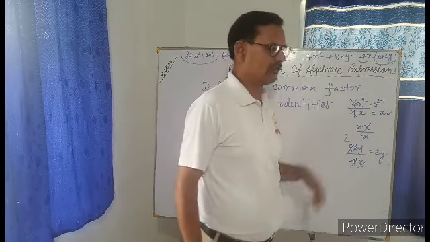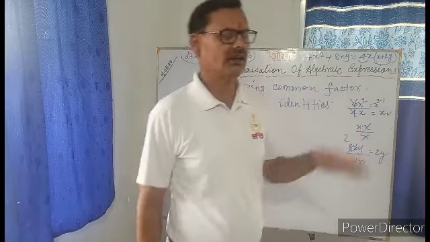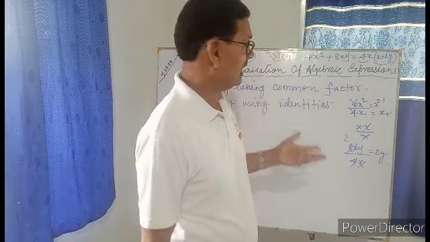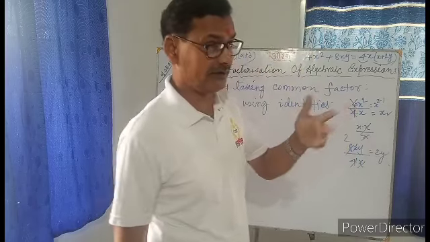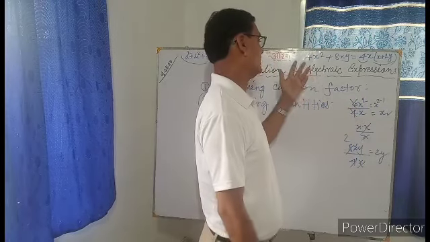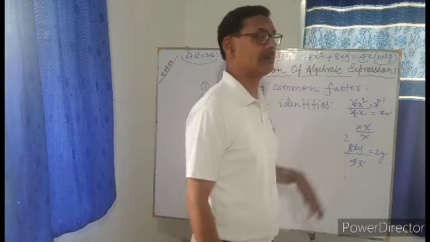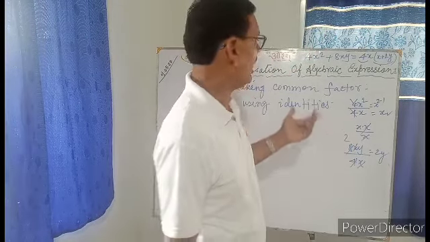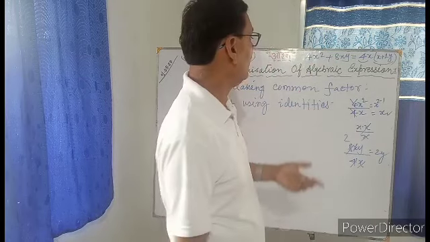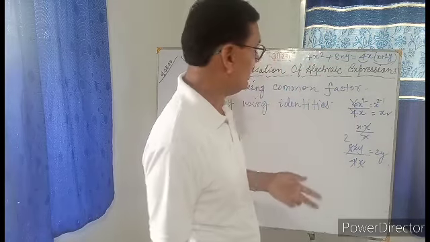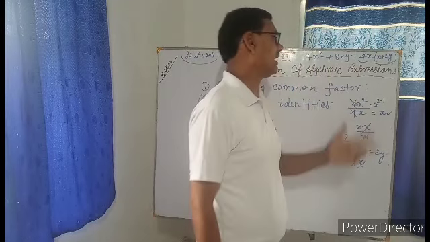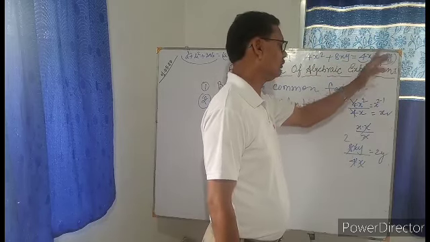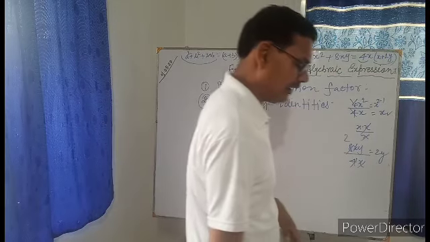4x², 8xy, हमने 4x कॉमन लिया, मैक्सिमम जो हो सकता है। तो आपने 7th में पढ़ा है फैक्टराइजेशन, अलजेब्रिक एक्सप्रेशन में, ये फैक्टराइजेशन का चैप्टर था, उसमें आपने पढ़ा है कॉमन कैसे लिया जाता है। मतलब एचसीएफ लेते हैं, 4 और 8 का एचसीएफ क्या होगा 4 होगा, और x² और x का एचसीएफ x होगा, इसलिए 4x हमारा कॉमन हो गया। और कॉमन होने का मतलब है इन दोनों टर्म में डिवाइड करेंगे तो x मिल गया और प्लस इसमें क्या बचा 2y बच गया, so x plus 2y। So this is the way of taking common.